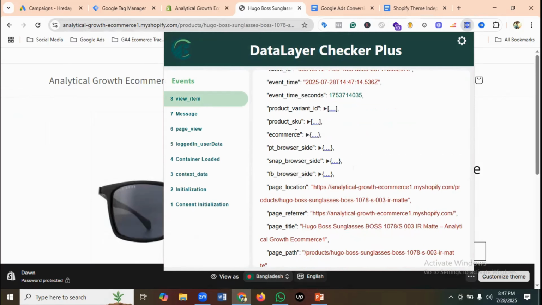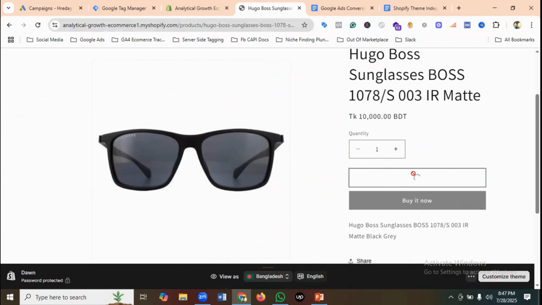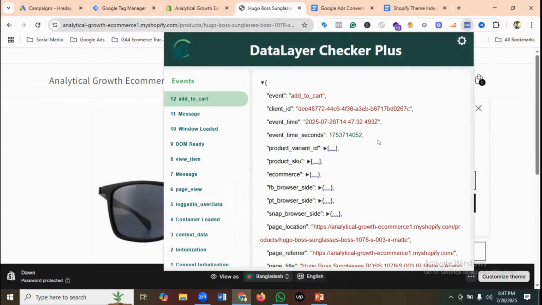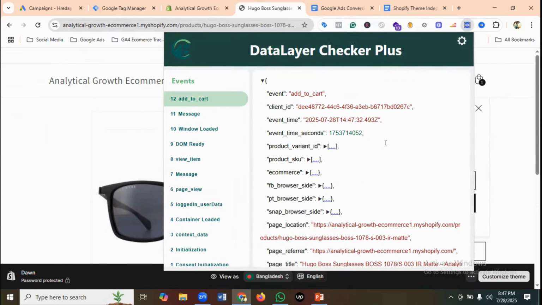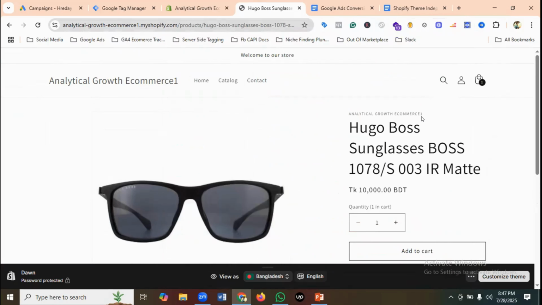Okay, so yeah, and if you go to the add to cart event, then you will also see the add to cart event over here. Okay, and you can see all the data layer values over there. Okay, perfect. Now we need to